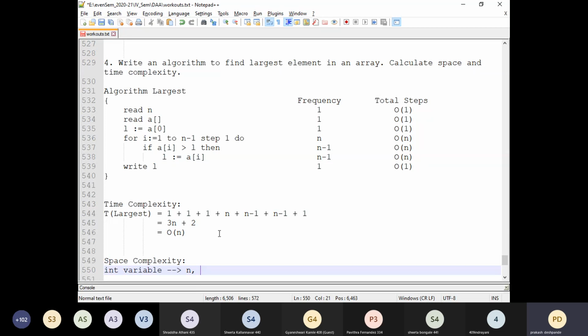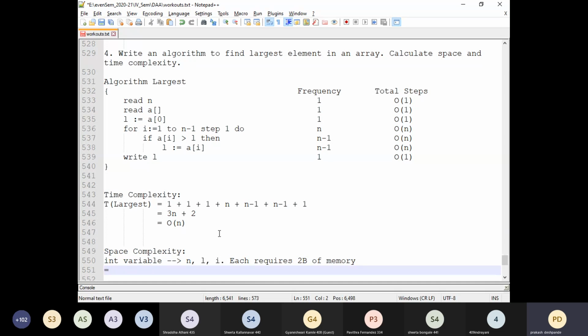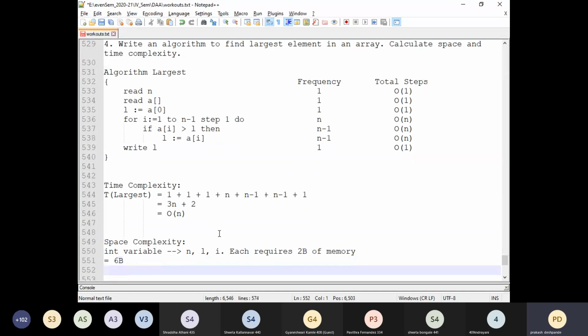So the simple variables are n, then L, then i. Each requires 2 bytes of memory. So that is total 6 bytes.